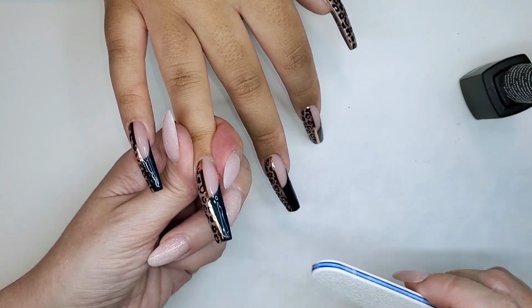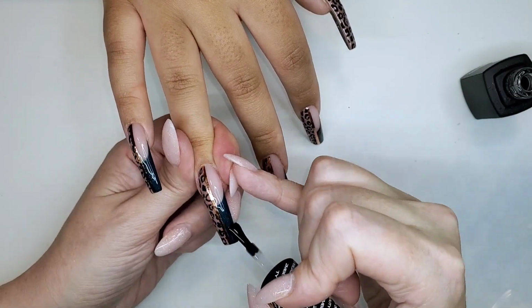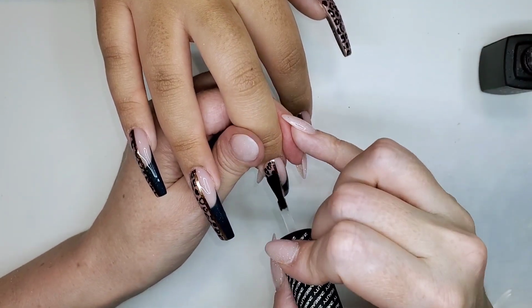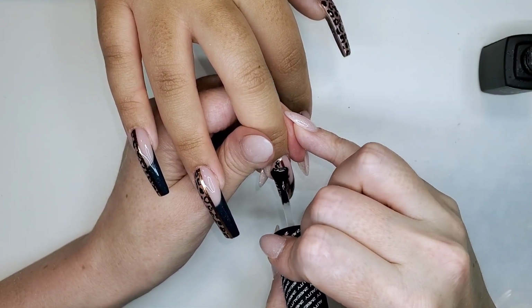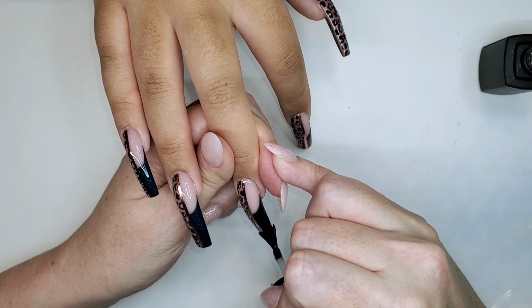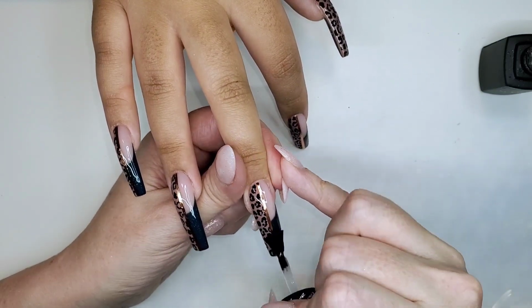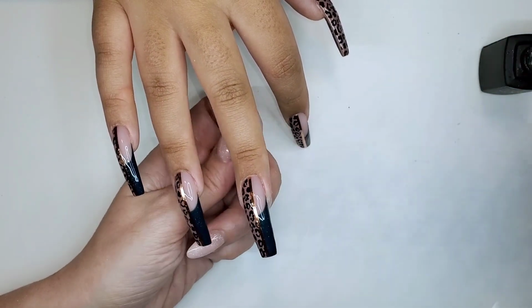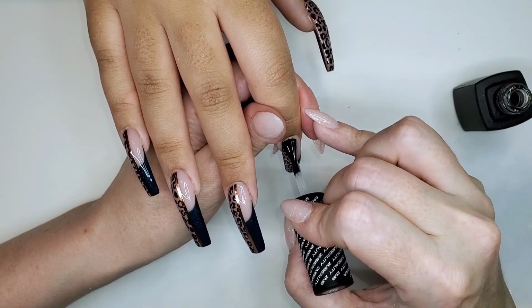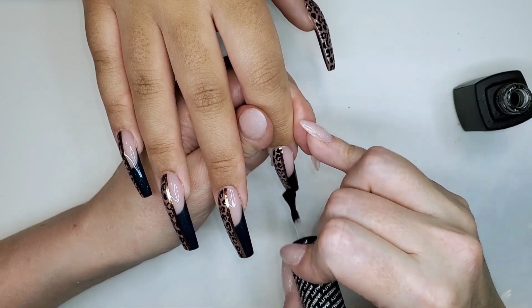And the second reason I'm doing 2 coats is because of that striping tape. So what can sometimes happen is the striping tape will poke out on the edges, so up near the cuticle area and particularly on the tip. And you know what, even with 2 coats of top coat, sometimes that can still happen because the top coat will sort of rub away. It'll actually get worn away eventually. You know, when your clients come back and their tips are not as maybe sharp as they used to be because things start to wear down, but the